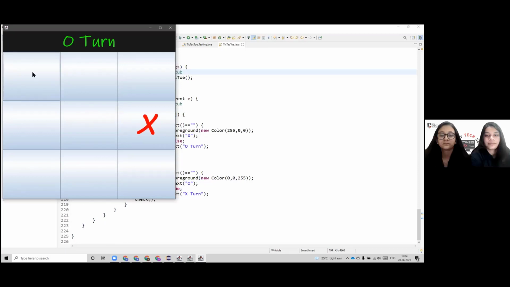So I'll play it on the 0th index. Then I would like to play it on 7th index. And I would like to play it on the 2nd index. I would choose 8th index this time. Okay, so now I'll choose the 6th index.